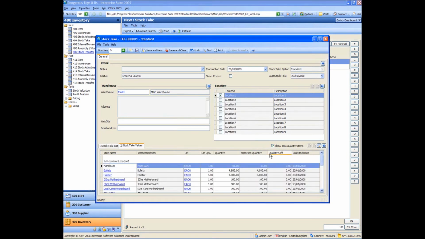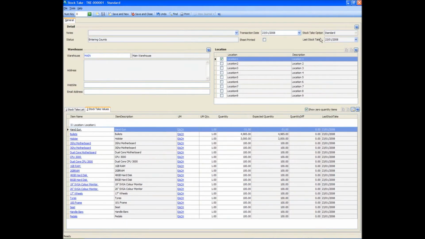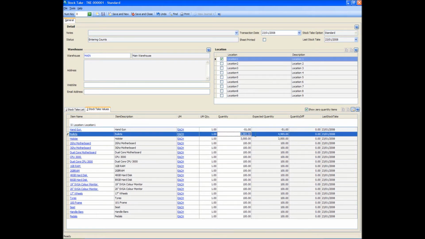It says I must save first. Into the stock take values tab, I'll just open this up on my screen, and I can now key in what the quantities that I've actually counted are in here. So what we're going to do, we're going to have 5 less of the bullets than were originally in, so we'll have 4980,